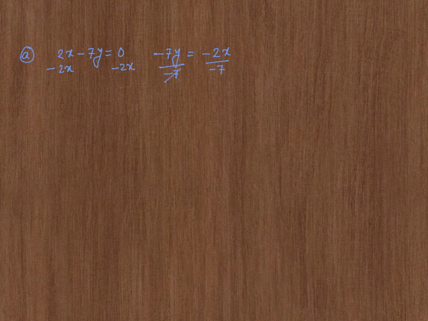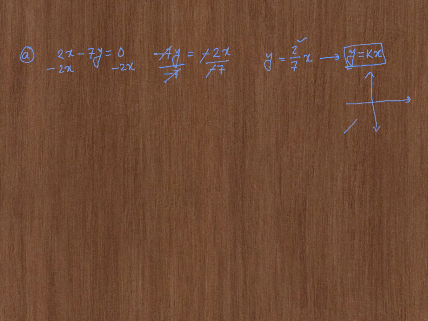On the left hand side, negative 7 and negative 7 cancel out and give me y is equal to, on the right hand side, the negatives cancel out, 2 over 7x. By the way, this equation has the form y is equal to kx, where k in this particular case is 2 over 7. Now, this is a special type of equation, as you probably know, that goes through the origin,